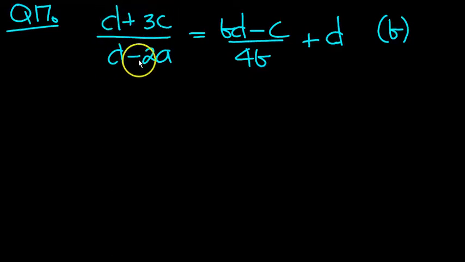d plus 3c over d minus 2a equals bd minus c all over 4b plus d. We need to solve this for b. Now I'm going to try and do this in the easiest way possible. And I can see that b only occurs in this fraction here, but I've noticed that there's a b common